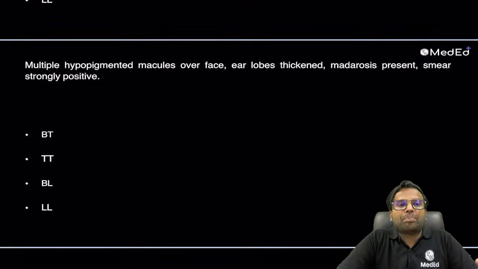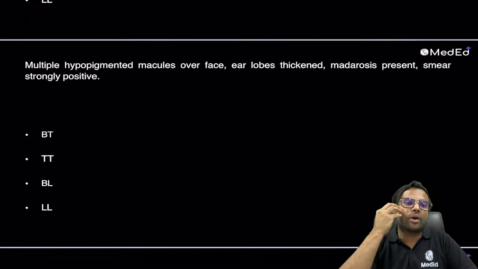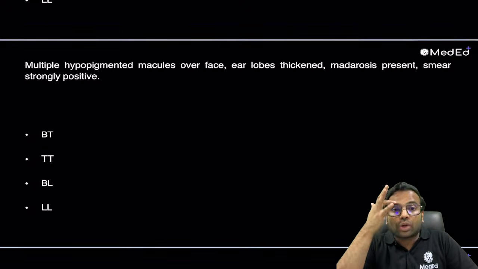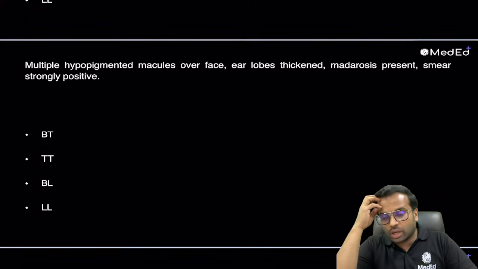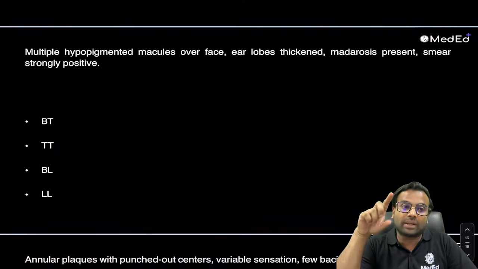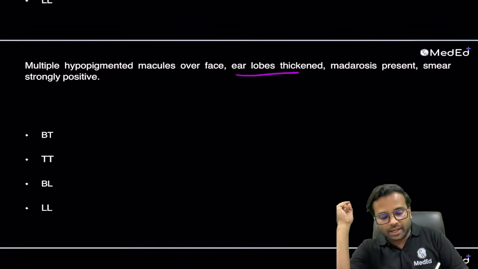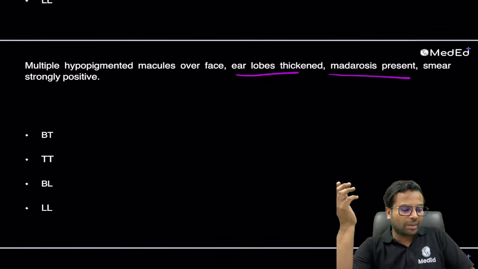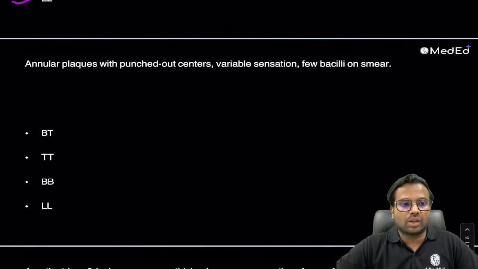Multiple hypopigmented macules over the face. So now here the patient is having lesions over the face, ear lobes are getting thickened, madarosis is present, and the smear is very strongly positive. Now it is not about the lepromin test, but the skin slit smear is positive here, and ear lobes are thickened, madarosis is present. All these things are typical features. This can be seen in lepromatous type of leprosy. So moving to the next one,